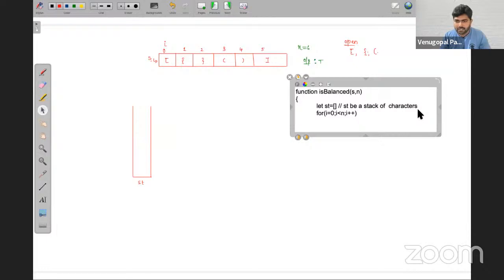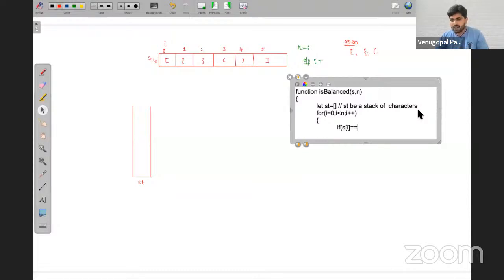Now what I'm checking is, in case s of i is equal to... we can do one thing. Maybe we can store it into some variable and then we can take that.